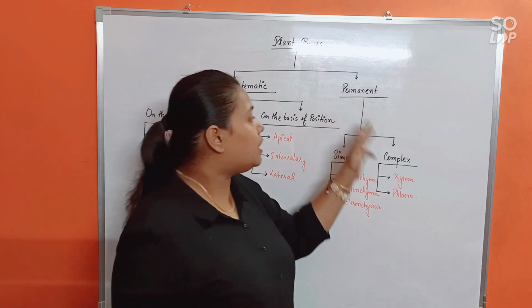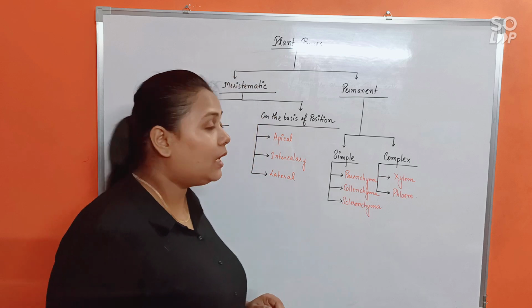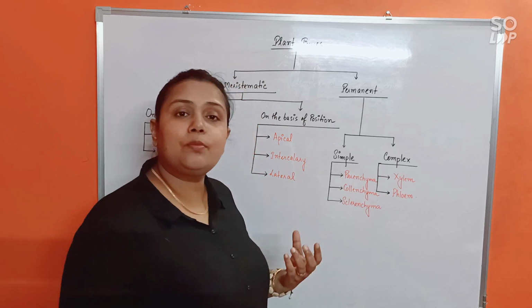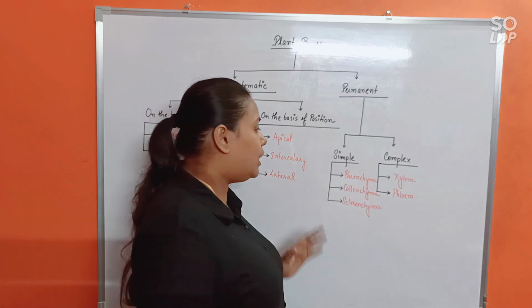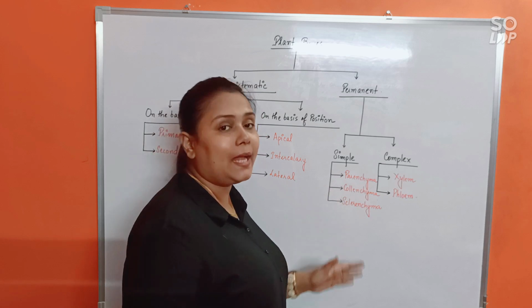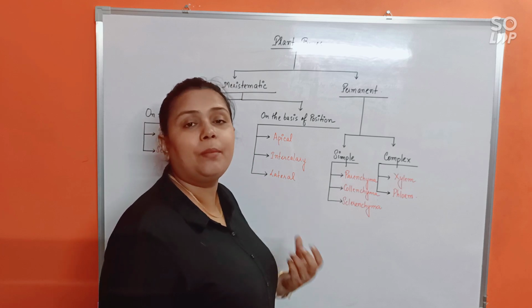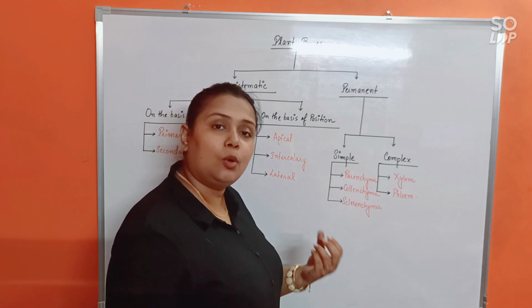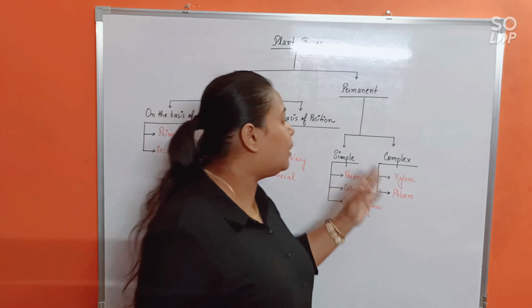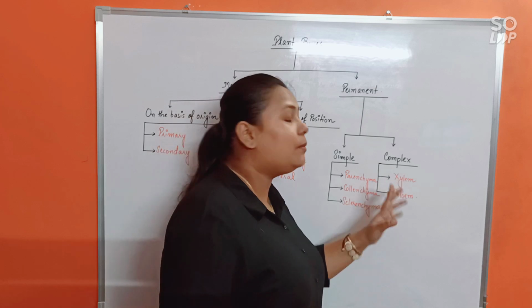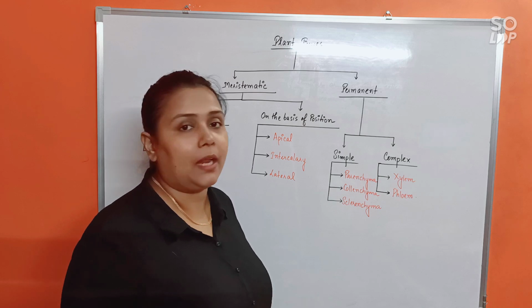Likewise, the permanent tissues can also be divided into two categories, simple and complex. Okay, the simple tissues are the tissues made up of one type of cell. Okay, only one type of cell. So in that case, they are of three types: parenchyma, collenchyma and sclerenchyma. On the other hand, complex tissues are those made up of more than one type of cell, and they are also of two types, that is xylem and phloem, which are the vascular tissues helping in conduction of materials inside the plant body, right?